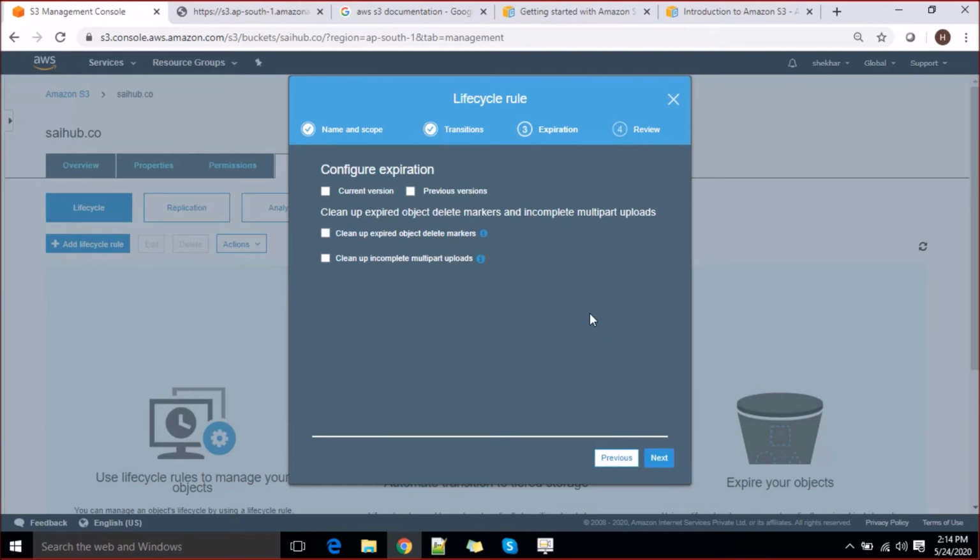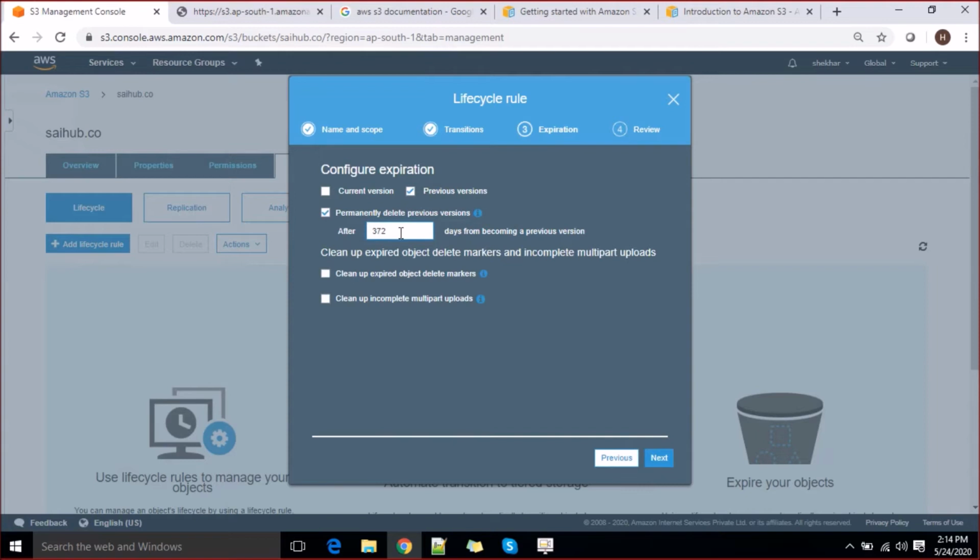It says again configure expiration. Clean up expired object delete markers and incomplete multipart uploads. So let's say I will do it for the previous version also, and I will set it after 30 days. Clean up expired object delete markers, and clean up incomplete multipart uploads if you want.